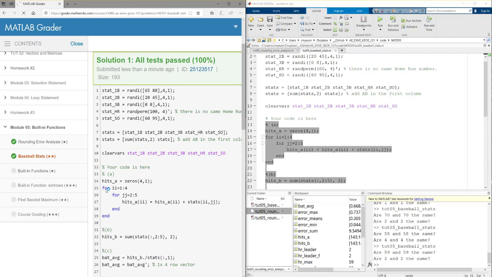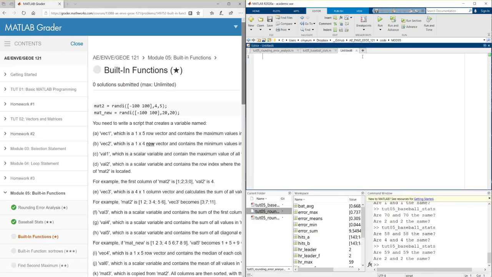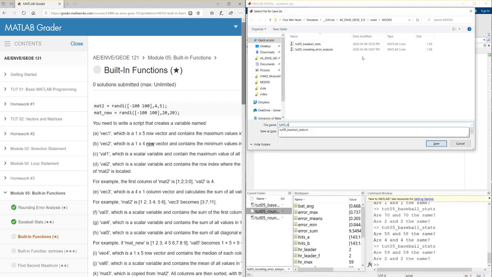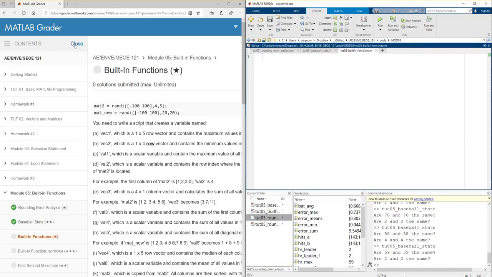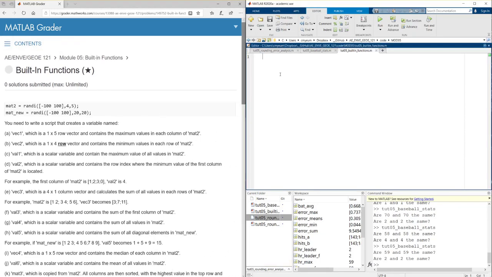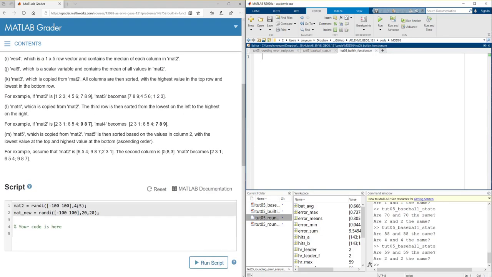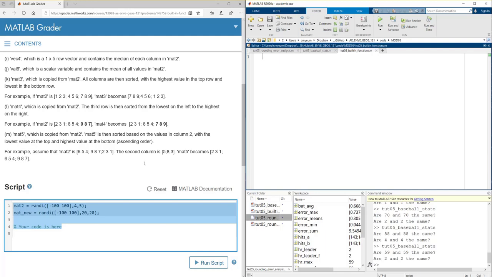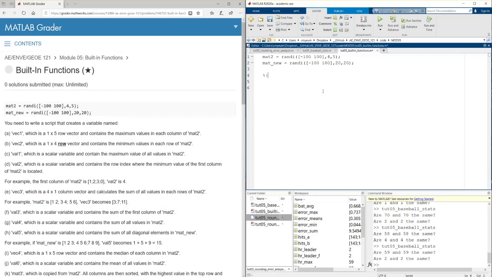Okay. Next problem is a built-in function. Store TUT05 built-in function. Okay. It looks like a very simple problem, right? Okay, so let me first copy this code. Okay, so A is the vector 1, the row vector containing the maximum value in each column of the